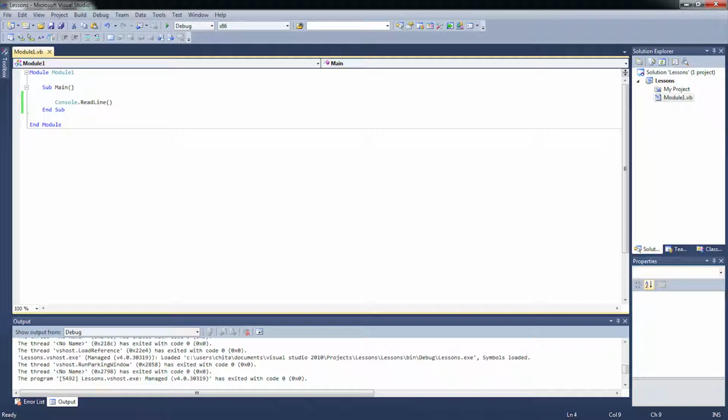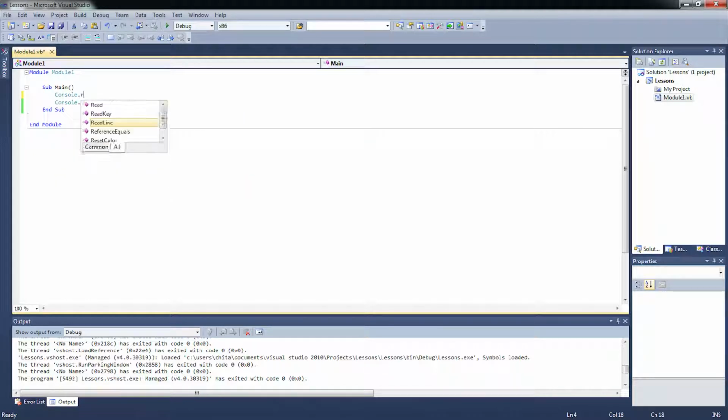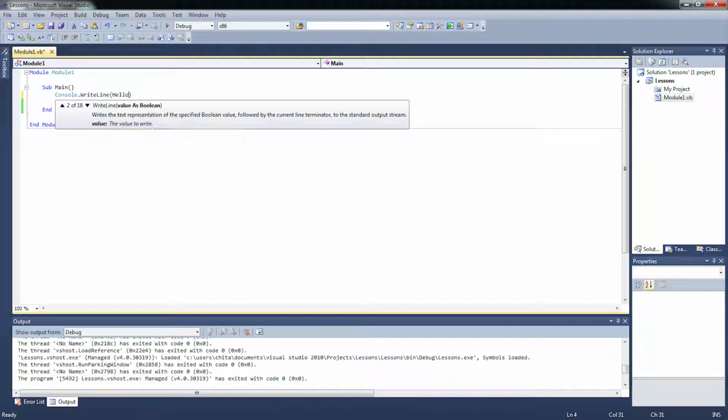To do that is very easy. You want to type Console, so it knows that what you're doing is to the console, dot WriteLine, and then you want to open brackets and close brackets, and within these you want to write whatever you want to write. Now it wouldn't be as simple as writing hello world,